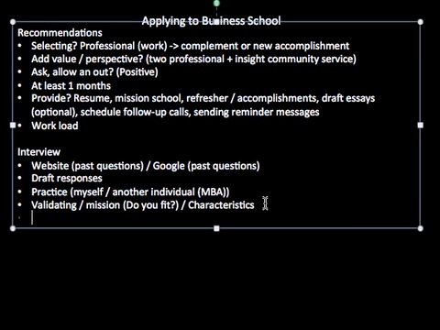Remember, it is another part of your application. Maybe there's something that you didn't cover in your application that you would like to cover in the interview. So those are the points that I would consider during the recommendation process, and then also tips to consider as you're preparing for the interview. Oh, last part that I would consider also is your dress. You want to be in business attire,